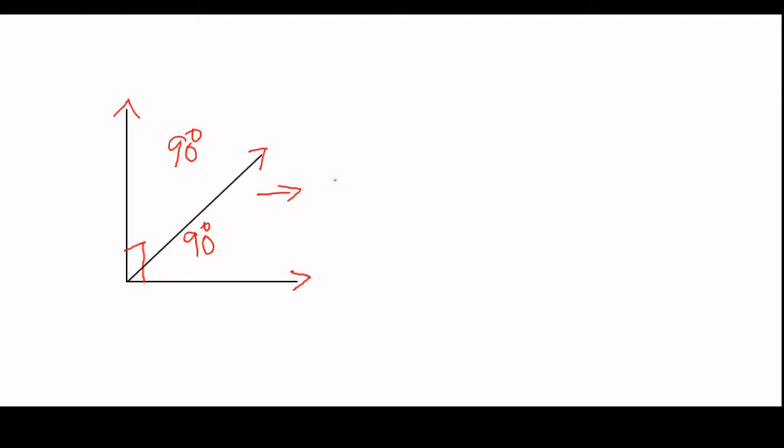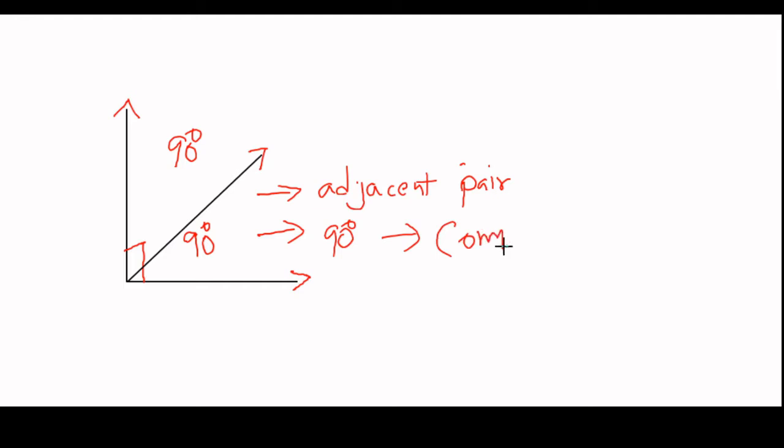The angles are on opposite sides of that common arm. That's another condition to be maintained. So the angles are on either side of the common arm. The total is equal to 90 degrees. Such a pair of adjacent angles, or such a pair of angles where the sum of the angles is equal to 90 degrees, we call such angles complementary angles.